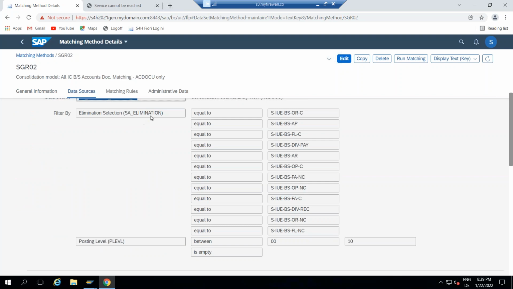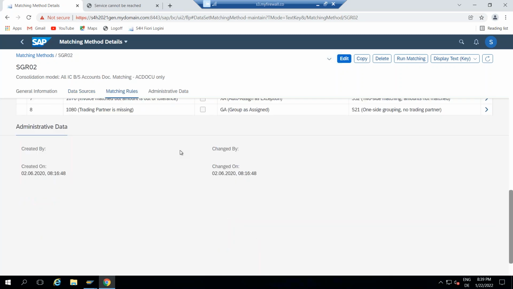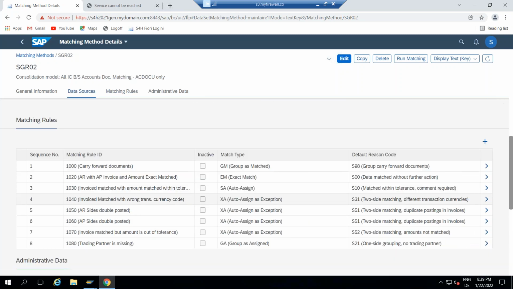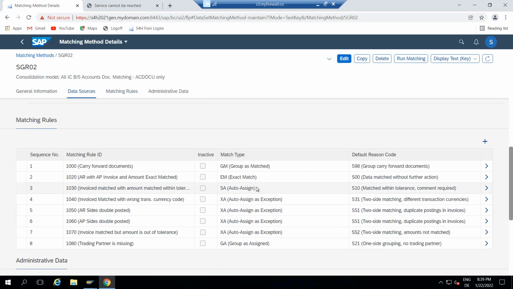And how the system is going to eliminate: we have the selections, and what are the posting levels, and what are the matching rules. How is the system going to identify whether the intercompany matching is assigned exactly or not? Exact match, or one side it is matching and the other side it is not matching, a currency difference is there.